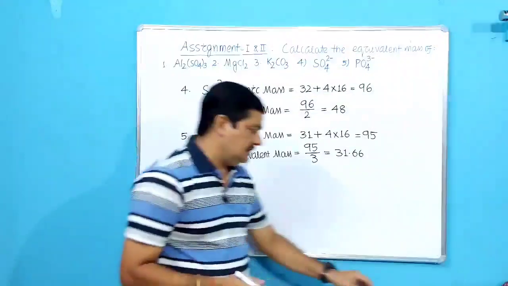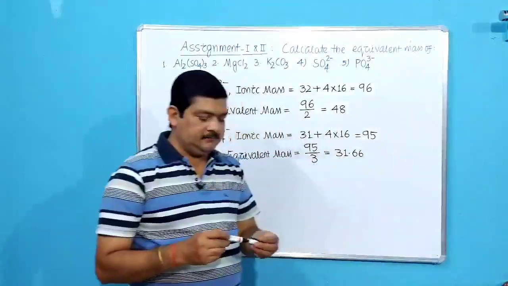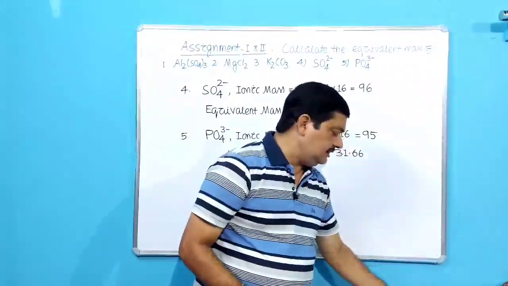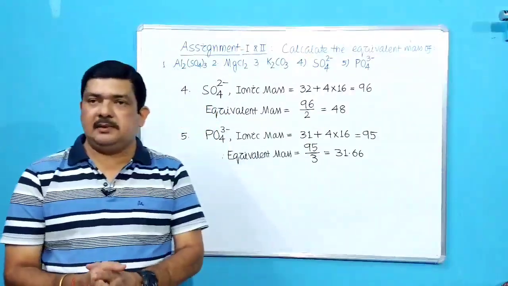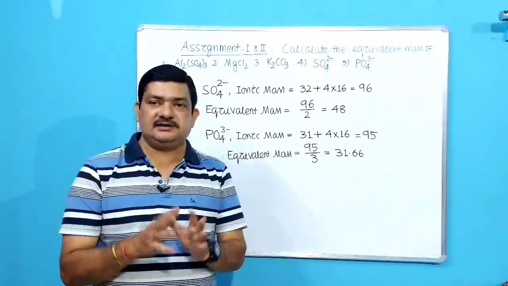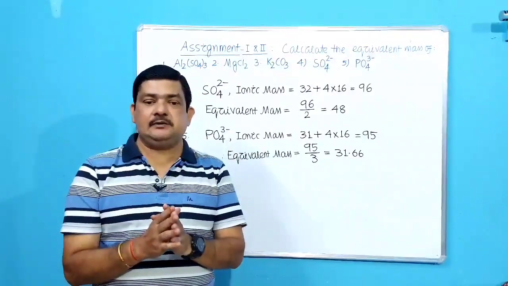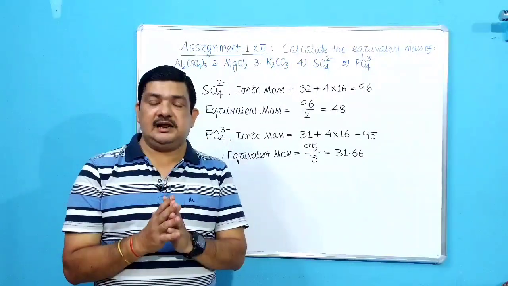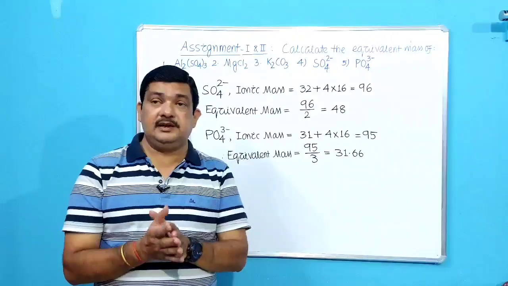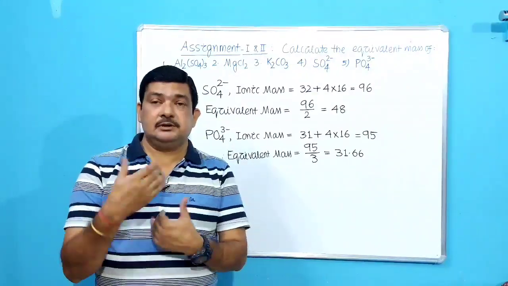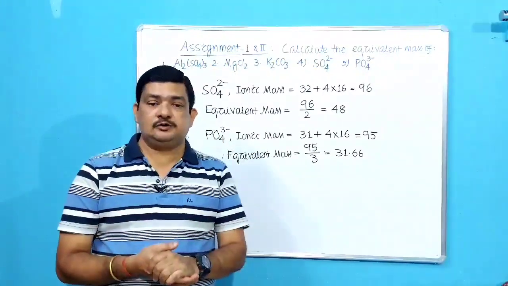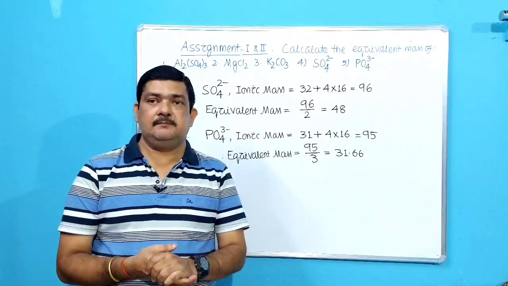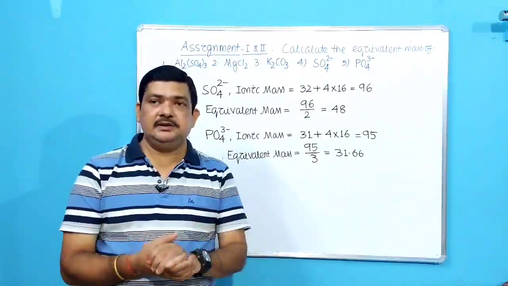So very simple. If you remember the formulae, then you need not worry regarding calculation of equivalent mass. And as I told you regarding molecular mass, the same is also true for equivalent mass. You should be very fast while calculating the equivalent mass, or else you cannot solve any numerical in future. Okay. So this is all about your equivalent mass, your assignments. Try to solve some more numericals on equivalent mass. It is given in your books.